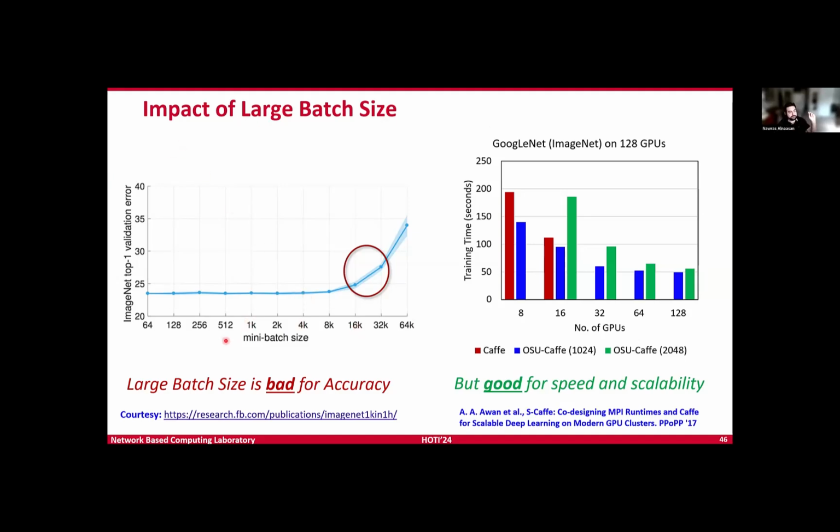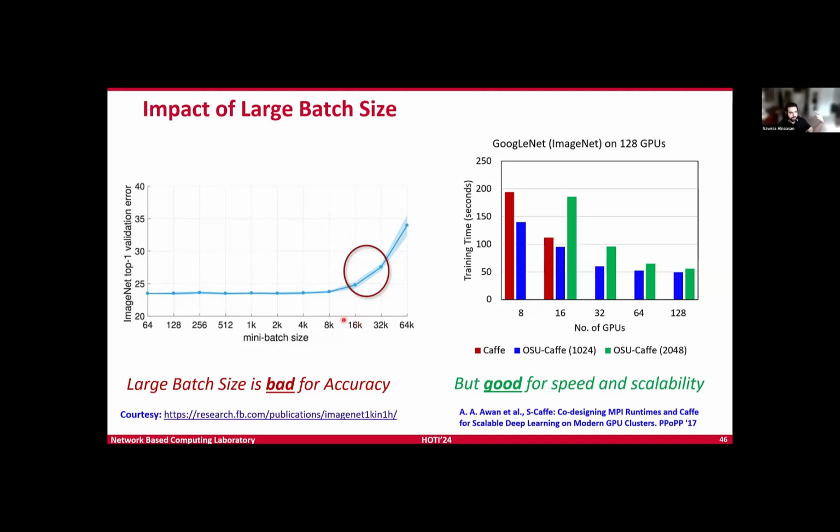The problem with that is, as we increase the batch size beyond a certain point, and this is architecture specific, so for different model architectures, we're going to see this point happening at different locations. But for this ResNet architecture on the ImageNet dataset, after 8K, using the Adam optimizer, we're going to start seeing degradation in the validation error. So basically, we're losing accuracy as we increase the batch size after a certain point.